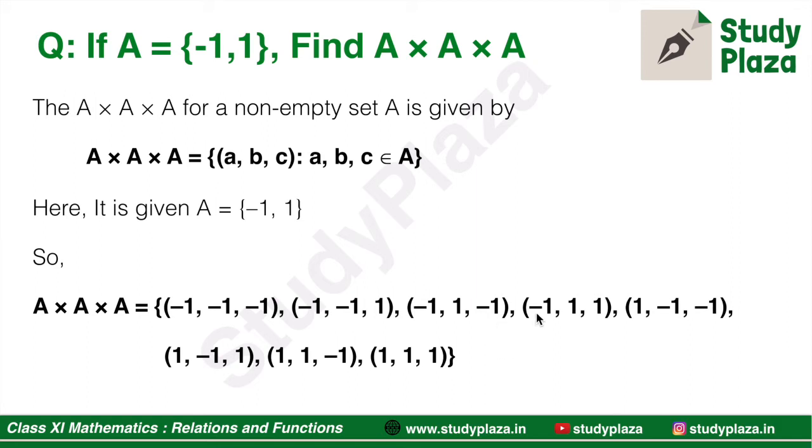And the fourth one is minus 1, the element of the first set, that is the first element, and the second element of the other two sets, that is 1 comma 1, and we get the ordered triplet minus 1, 1 and 1. Hence, by taking the first element of the first set we form the 4 ordered pairs. Similarly, by taking the second element of the first set we will again form the 4 ordered pairs.